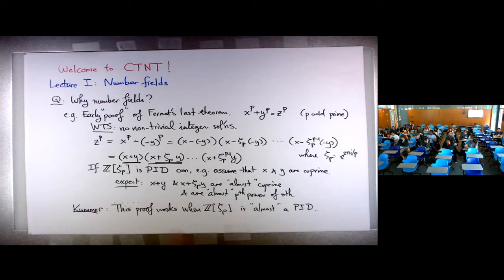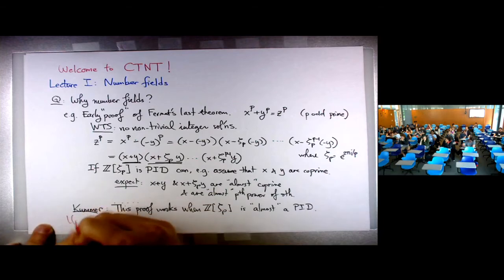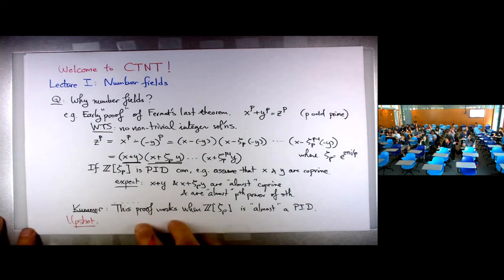I also want to remark that Kummer used this method to prove this for all odd primes p less than 100 except for 3 primes. So he proved a lot of Fermat's theorem, actually. So here's the upshot I want to conclude at the end of this example, which is that